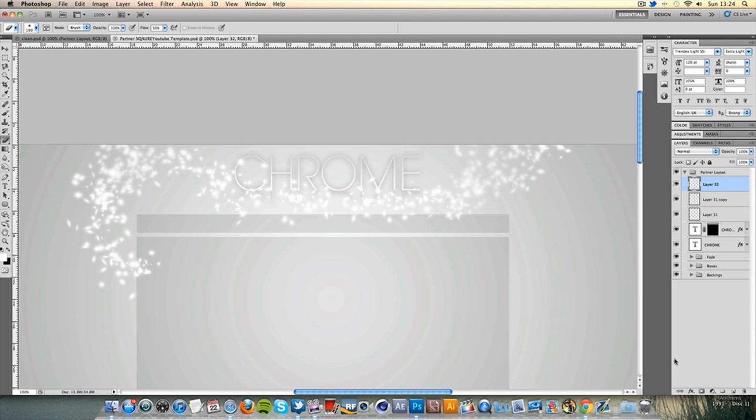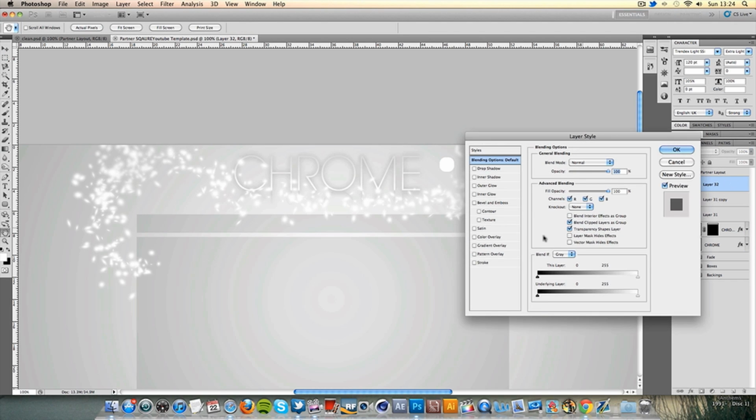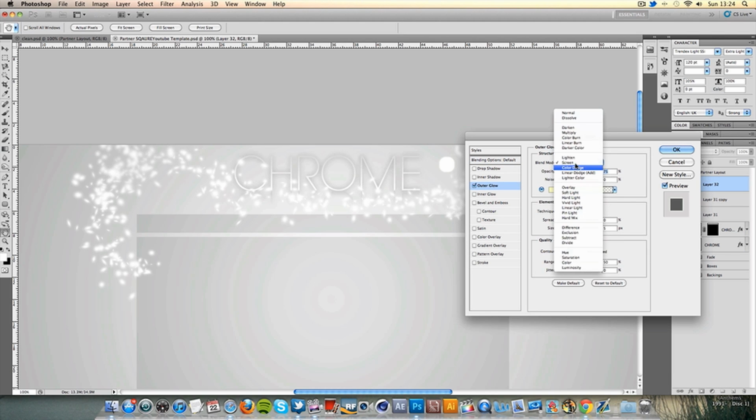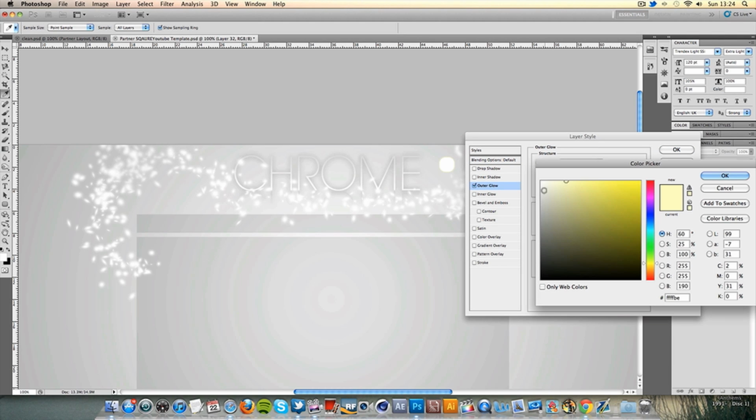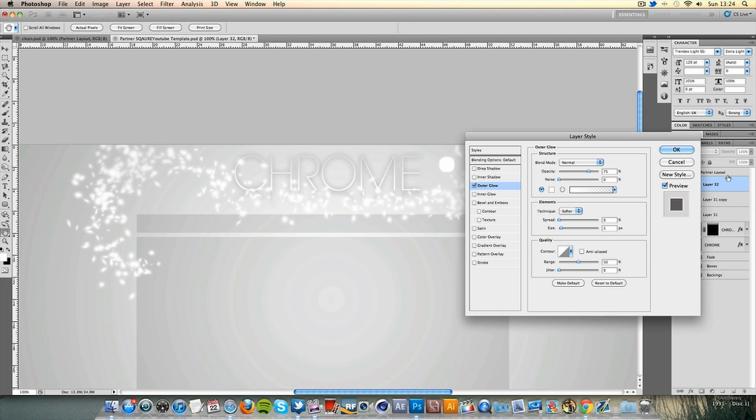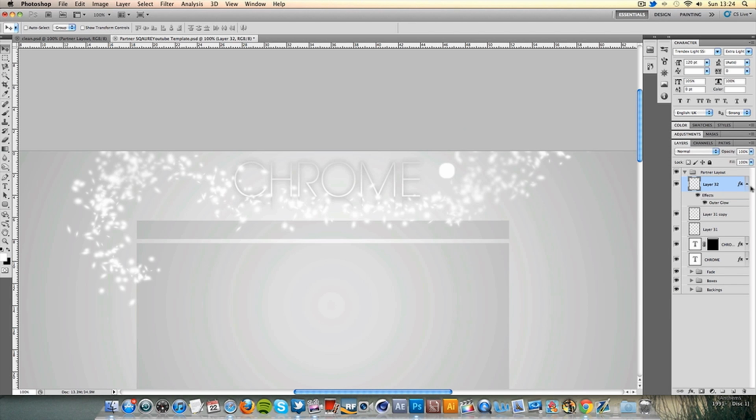So we can just literally add in buttons now. I've got a rounded rectangle, 15 pixels up here. Obviously you can have it what you want. Color white, hold shift to make sure it's a square. There we go. What I like to do to keep the elegant feel is add an outer glow, and I'll make sure the color is white. And that is looking not too bad. So obviously now you can duplicate these by going Control J, dragging down like so,